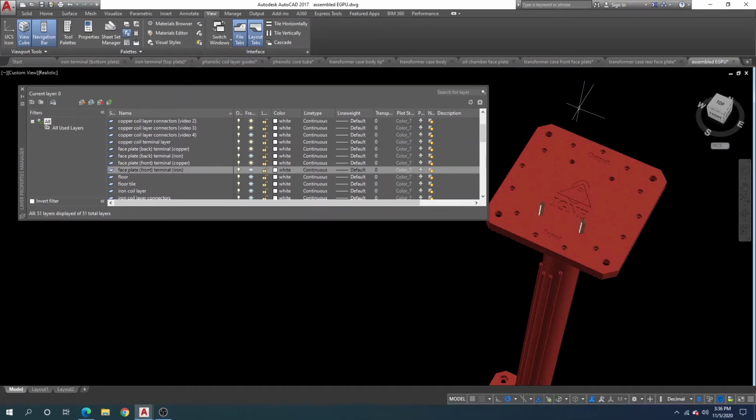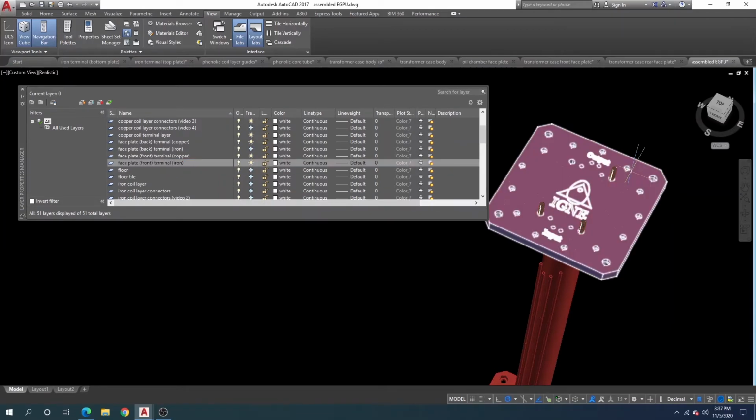That's a little misleading because all of these terminals are made from copper. Copper has very good conductivity, low resistance for the flow of electricity. Even though the coil is made from iron, I did not make the connector terminals from iron. That will be from copper. Okay, turn that on right there. All right, anyway,